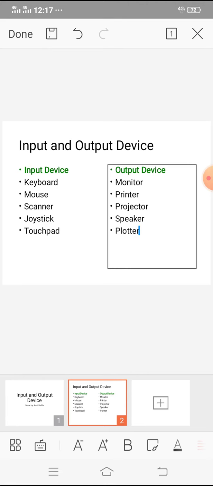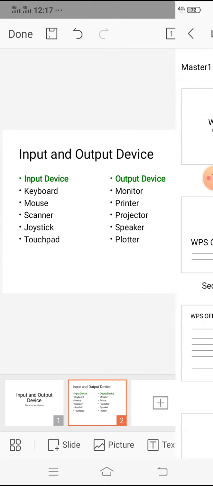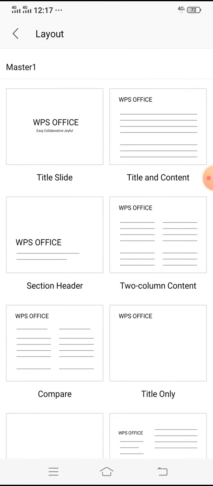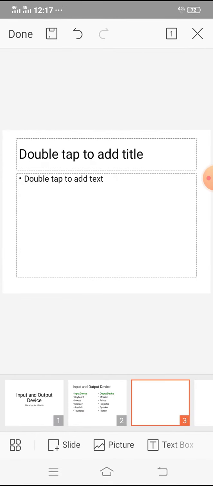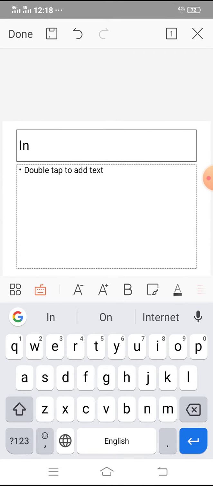After writing the names of input and output devices, I will select a new slide and write the definition of input device. Click on the plus icon and this time I will select the title and content layout. Write input device.